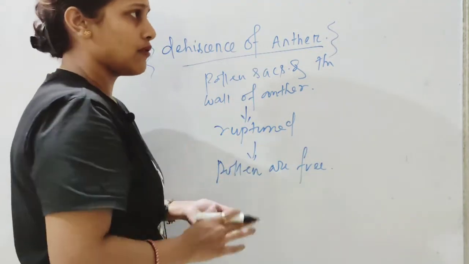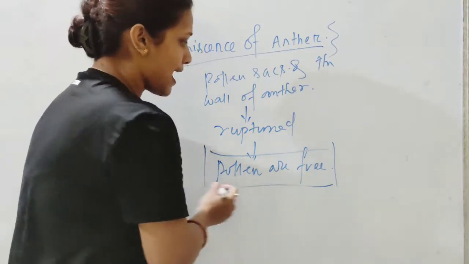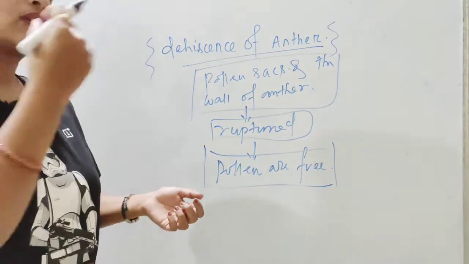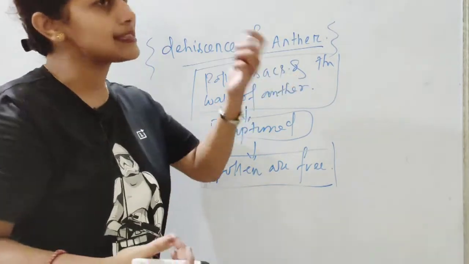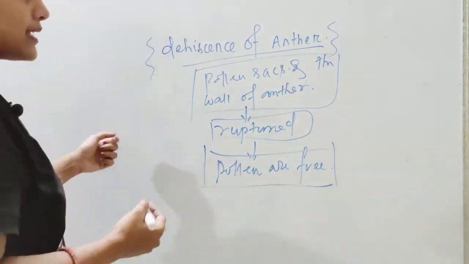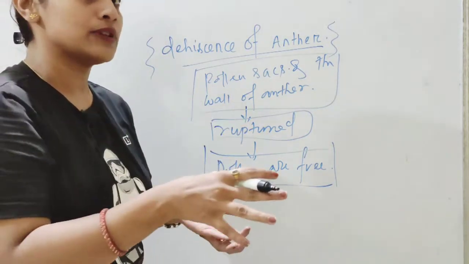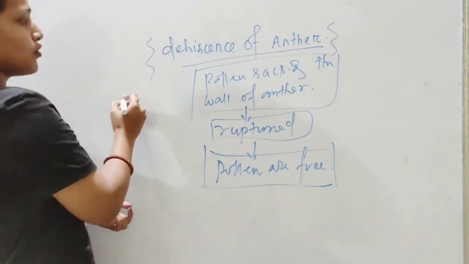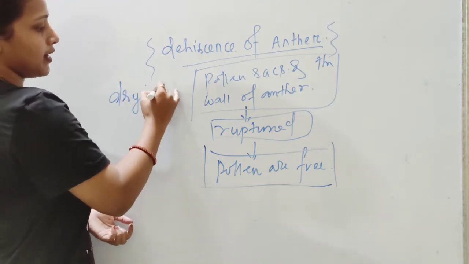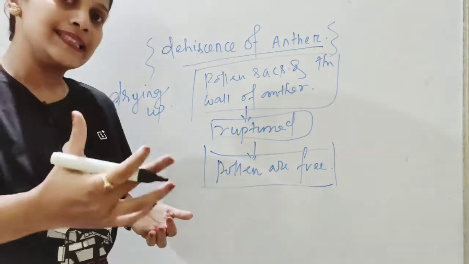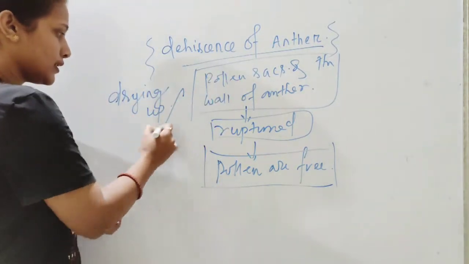Pollens are free, no doubt, but how does this entire thing happen? What causes it? How is it that so easily the walls get ruptured? Now the thing is, with time, once the pollen grains are present inside the pollen sacs, they show desiccation, or you can say drying up. Once they start drying up or they lose water,